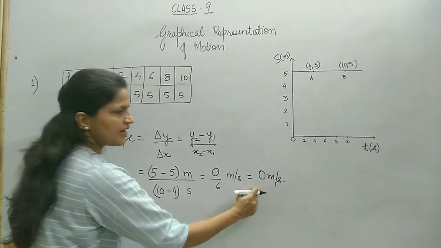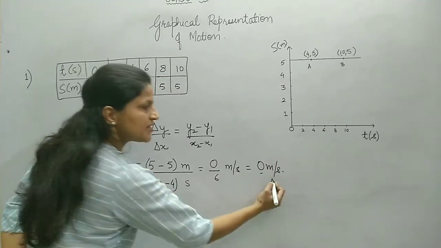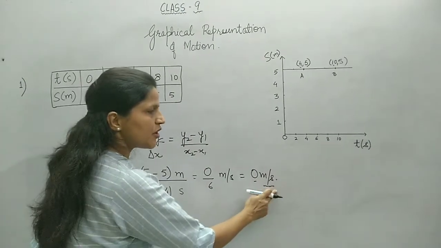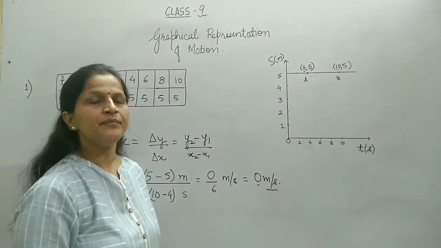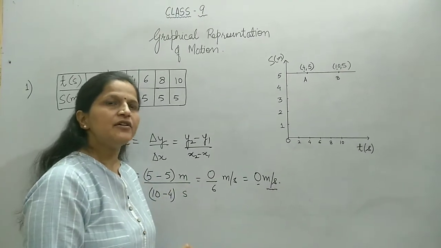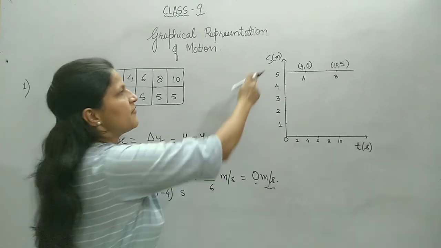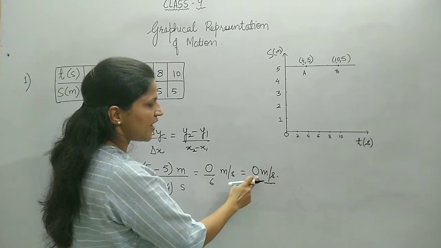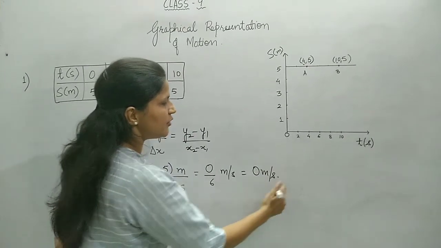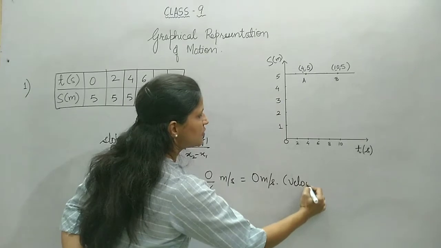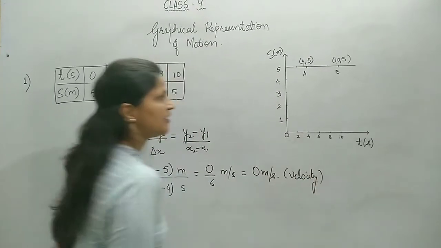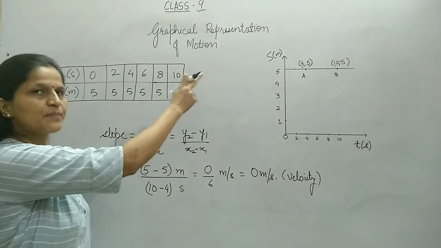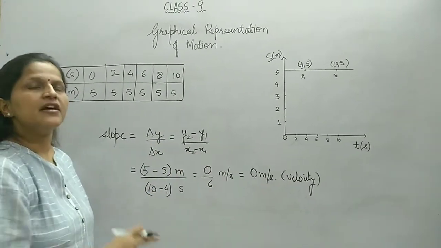So what are we getting here? The number is 0, but there is a special physical quantity expressed in units. So which physical quantity is measured in meter per second? This is either speed or velocity. But since we have mentioned that s is displacement here, that is why this value 0 meter per second is the value of velocity. So what do we infer from it? We should make out an inference that by finding out the slope of displacement time graph, we get velocity.